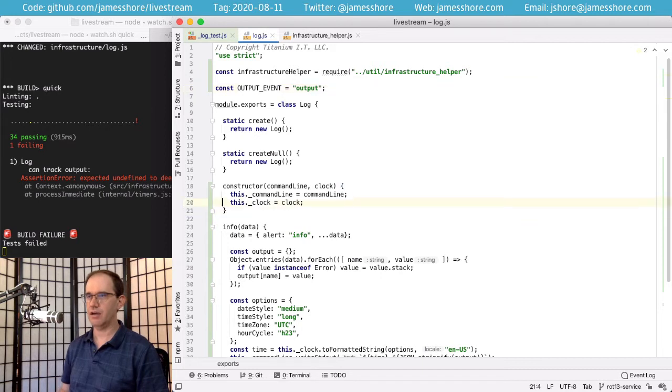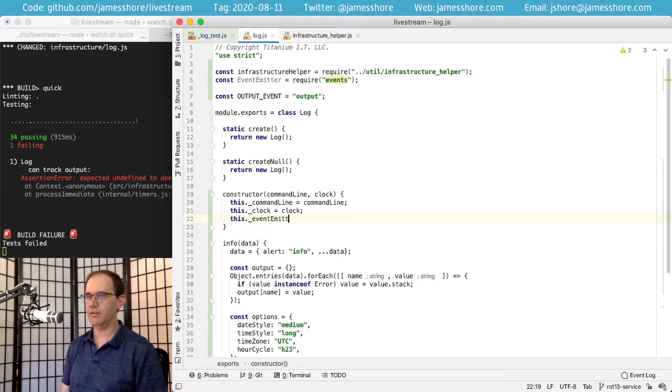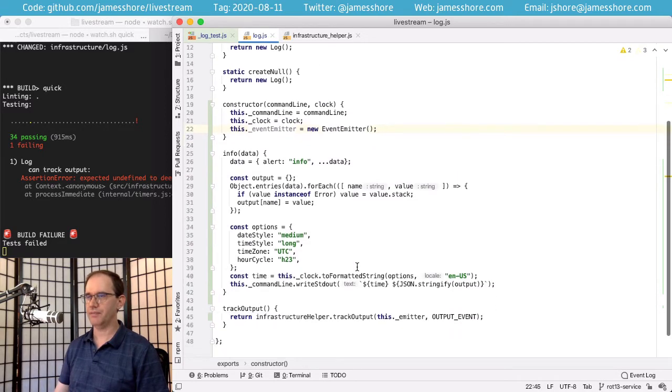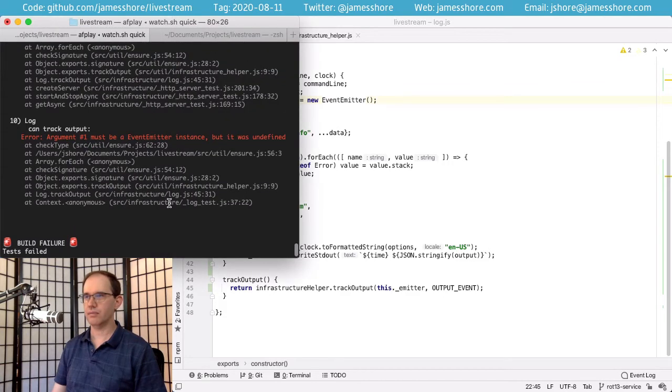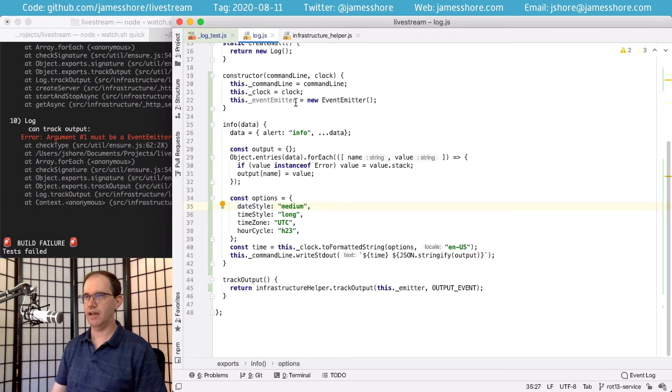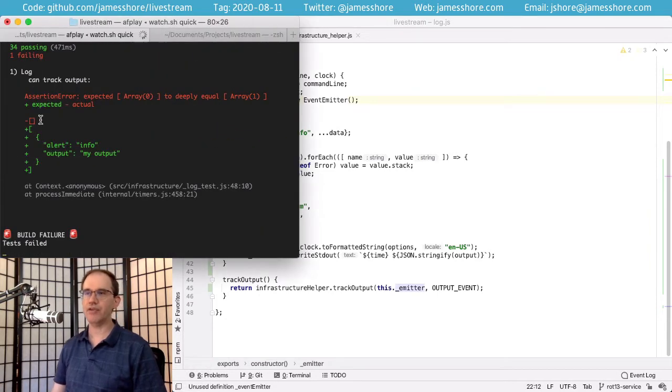There's our output event there. And for our emitter, we'll need to require the Node.js event emitter. And then here, we'll make it. So now we're tracking the output. Let's see, that did not work the way I expected. It's because this should be emitter. There we go. Now we're tracking it, but we're not actually getting any output out, and that's because we're not